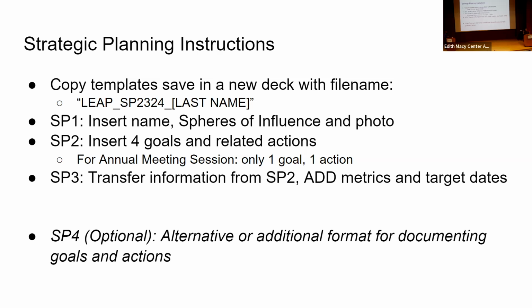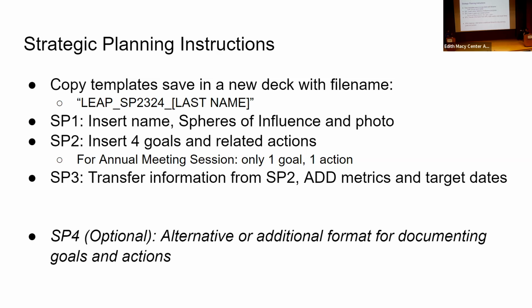So today we'll focus on one goal and one action, but hopefully you'll be able to spend some time filling this out more fully. We'd like you, not today, you don't have to, to identify 4 goals for the year. We'd like one of those goals to be specifically focused on race. They don't all have to, but think about that as one outcome that you're interested in moving the needle on. So if you can access the slides for part 2 on the meeting agenda, go ahead and do that, or you can take notes and fill in the template later.